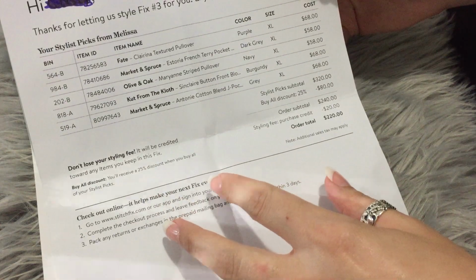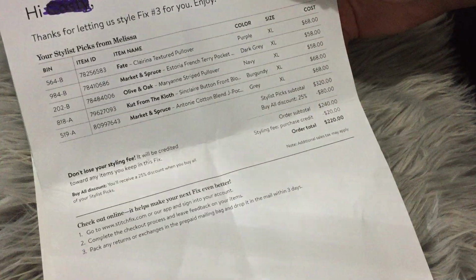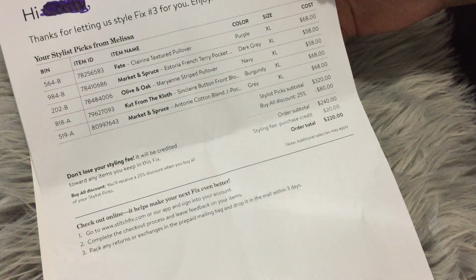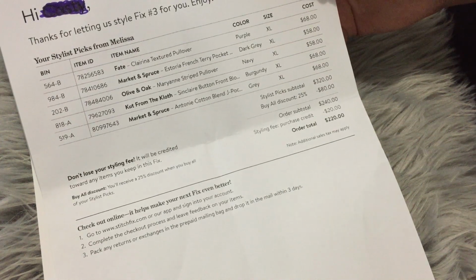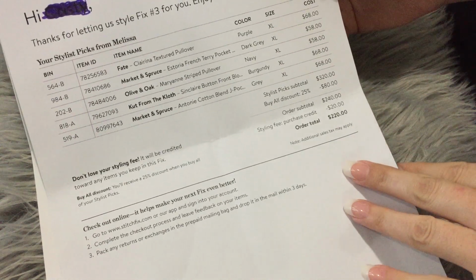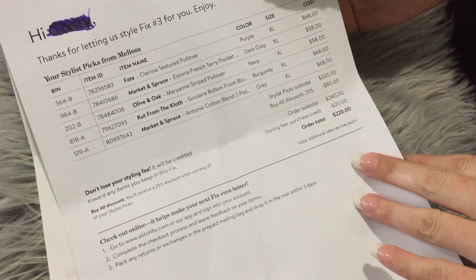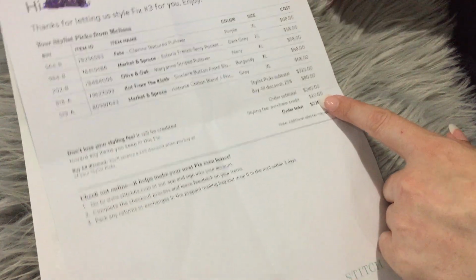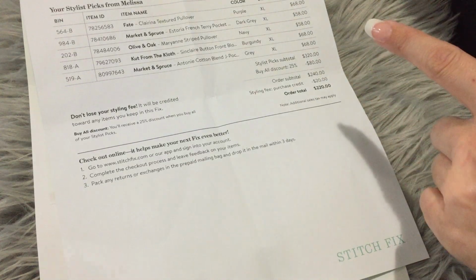With this box, you have to keep all of the items in order to get the 25% discount. So that's a little different than the other one. I was trying to think the styling fee, y'all. Oh, the styling fee is $20 for Stitch Fix, and the styling fee for